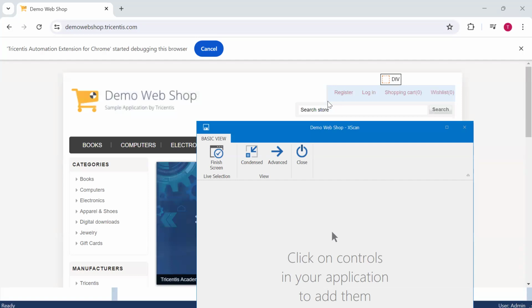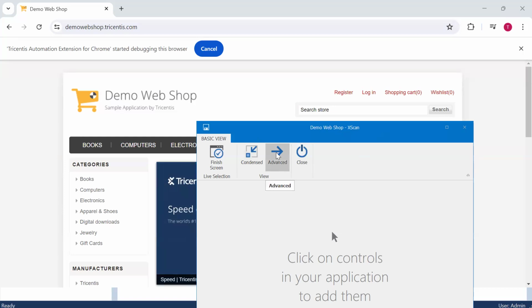For condensed view, the XScan window will be minimized. For basic view, the XScan window will be enlarged. The other options you can't see. This is the basic view.